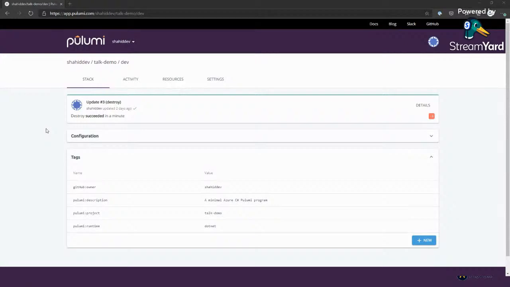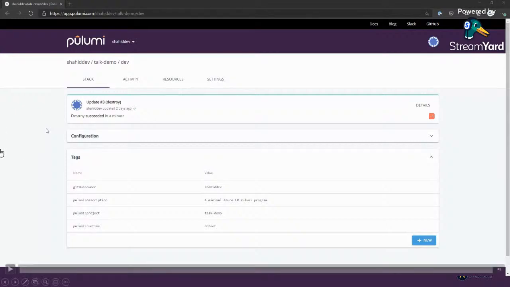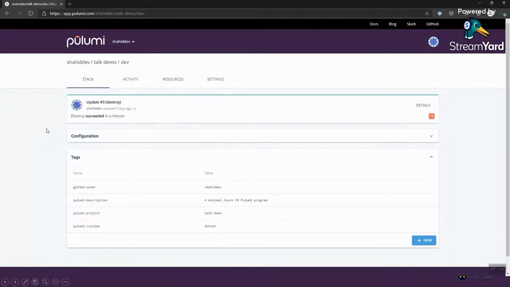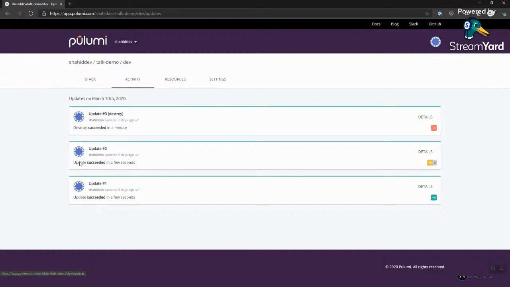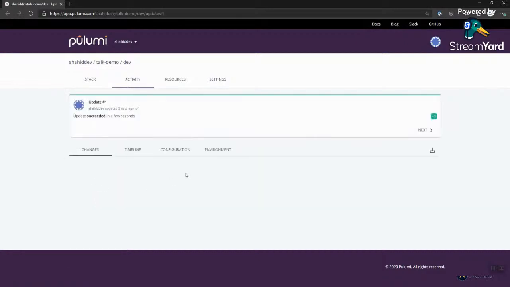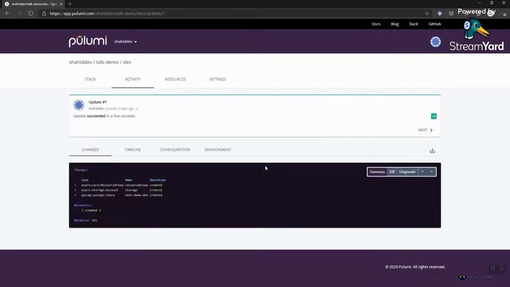But this does add some really nice things to it. You can see here I've got my project. In fact, I'll let this recording roll a little bit because it will point out the same things, and we'll dive into this a little bit later as well. The key thing here is I can see all of the state transitions my infrastructure went through.